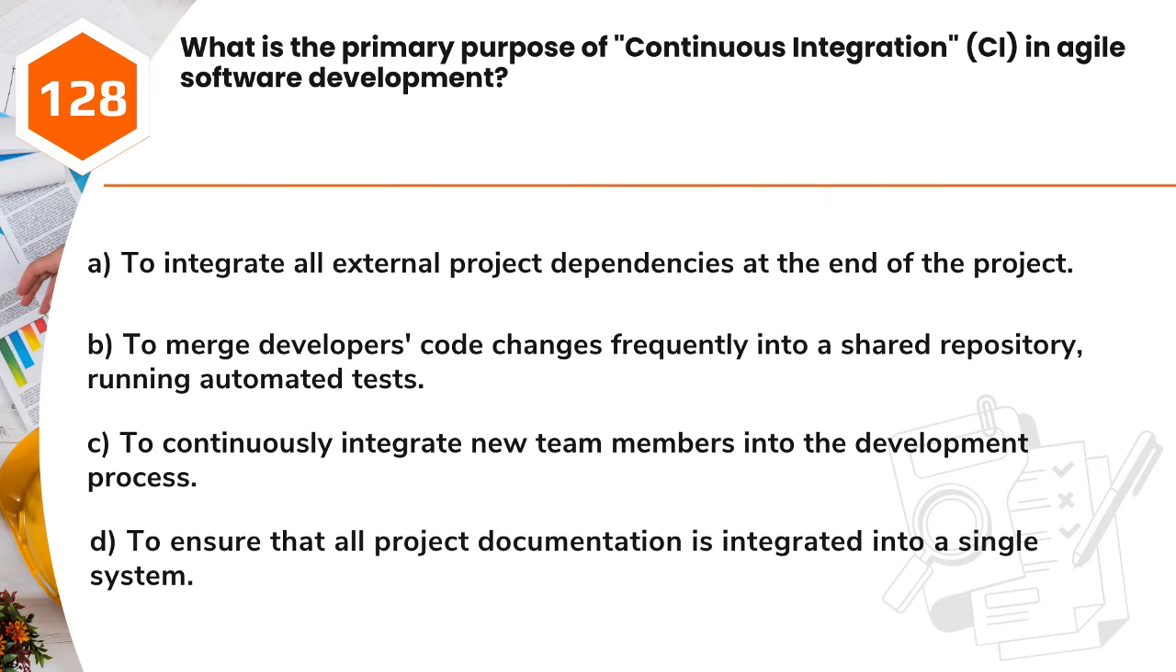Question 128. What is the primary purpose of continuous integration, CI, in Agile software development? A. To integrate all external project dependencies at the end of the project. B. To merge developers' code changes frequently into a shared repository, running automated tests. C. To continuously integrate new team members into the development process. D. To ensure that all project documentation is integrated into a single system. Answer